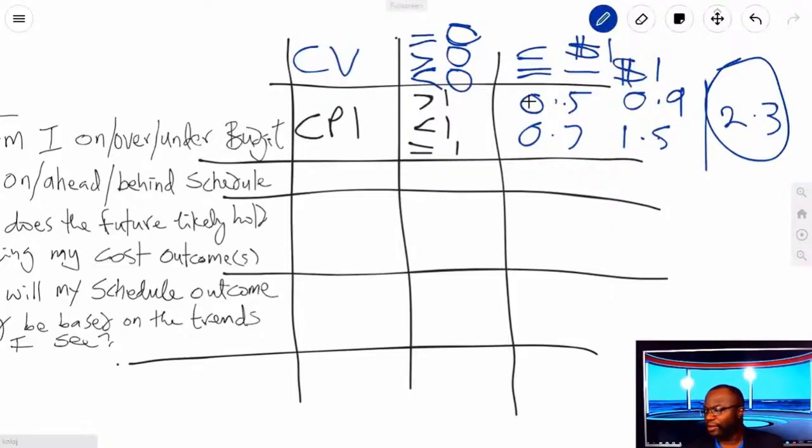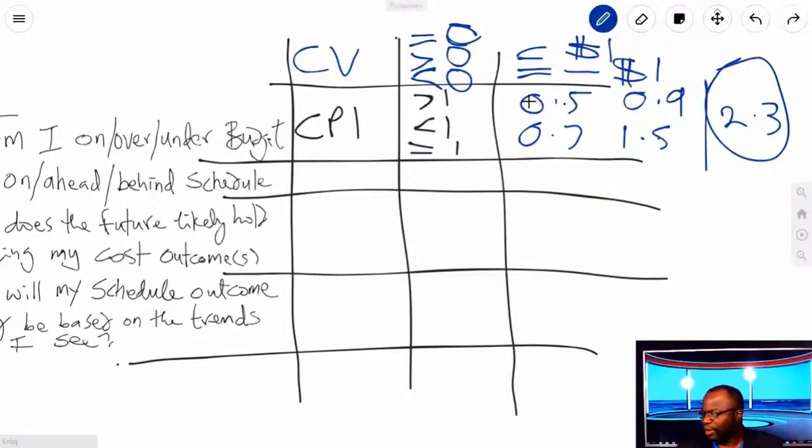So you need to know how to take these numbers as you find them on the exam and convert them into some real dialogue as far as what does it mean? Give me a scenario, give me an example, that type of thing. All right, so am I on, over, under budget, so on and so forth.